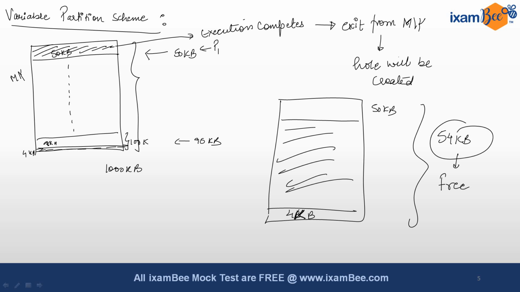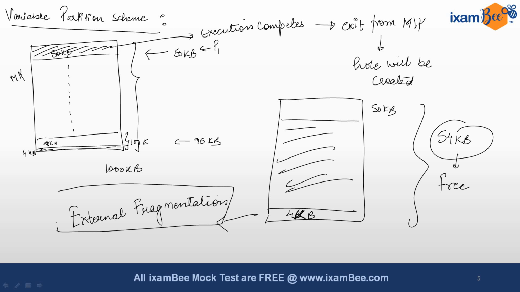Okay, so this particular scenario occurs in variable partition scheme. So this particular is also not that good. This problem also happened with the variable scheme, and this particular problem is called external fragmentation. So there are 2 points to remember. Internal fragmentation occurs in fixed partition scheme and external fragmentation occurs in variable partition scheme. So this was about the internal and the external fragmentation along with the fixed and variable partition scheme.